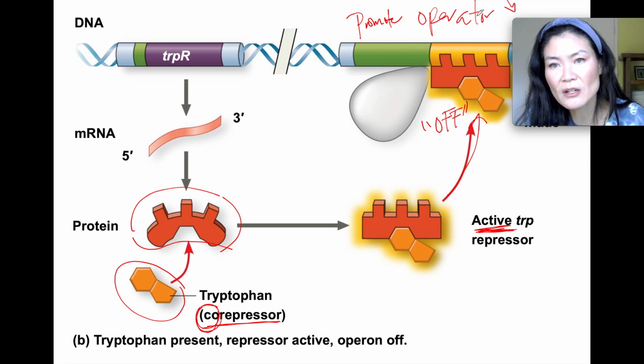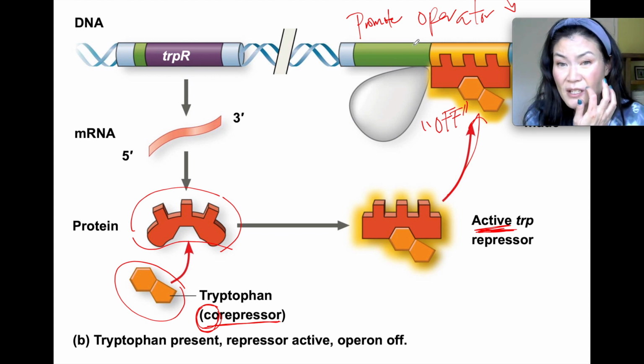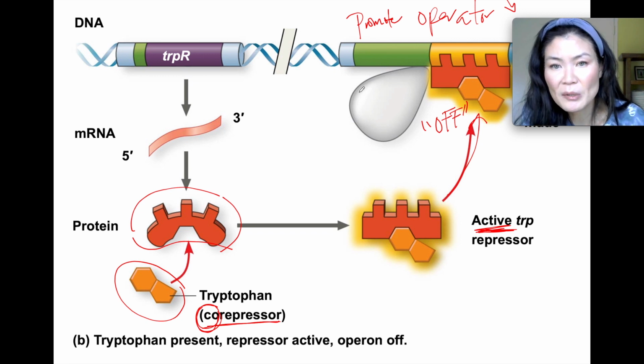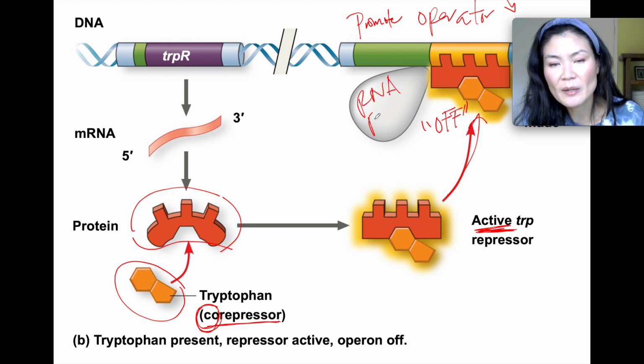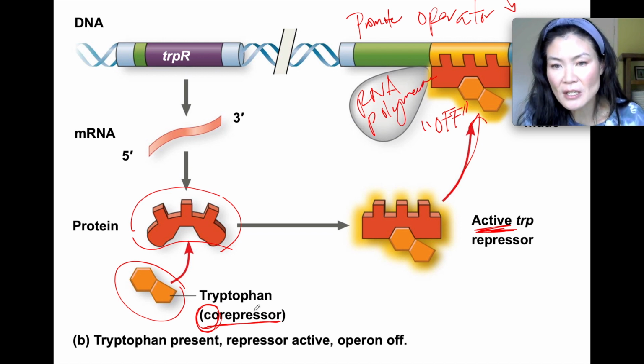Okay, so the genes are over here, and the RNA polymerase cannot access those genes because the repressor is essentially blocking it. It's a roadblock. The repressor is a roadblock, and it's blocking the RNA polymerase from getting to those genes. So this is a very simple mechanism that bacteria can utilize to shut off a gene. The repressor is activated in the presence of a co-repressor. Together they bind to the operator, shutting down those genes, acting like a roadblock, preventing the RNA polymerase from accessing those genes, from transcribing those genes in transcription.